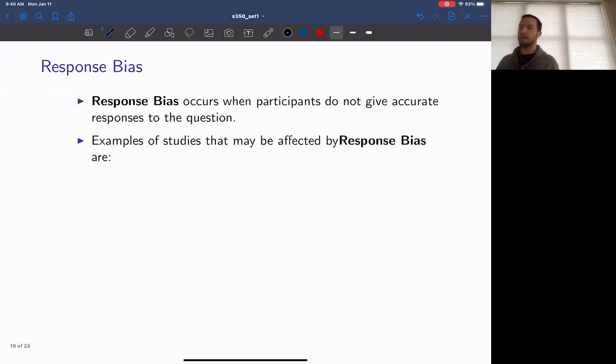Okay, so response bias, this is very similar to measurement error. This can occur when participants do not give accurate responses to the question. We've talked about the main ways that this can occur. So we can have an issue with response bias through